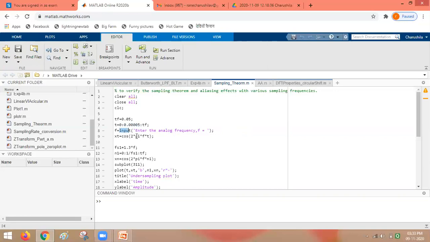So the input instruction will display the message, enter the analog frequency F. As a response to this message, the user will enter some frequency value and that value will be stored in the variable F. Then based on that F value, the cosine waveform is generated in the next line of instruction, and that signal is stored in the variable X of t.